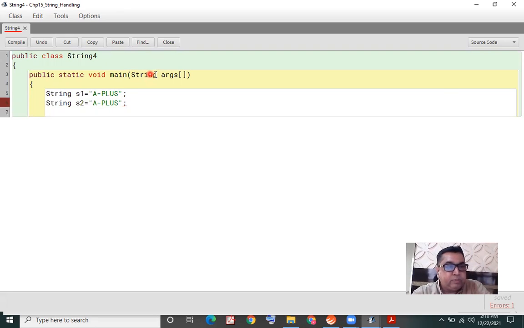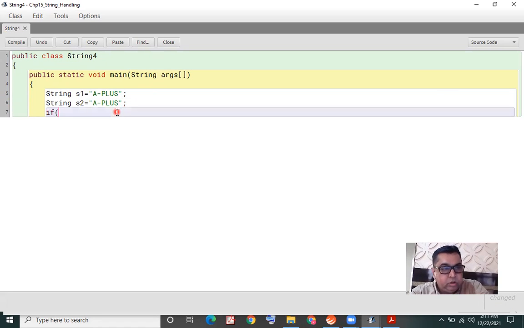Now, what is the need of this method that we are learning? The method name is equals. Okay, now let me tell you, in Java, this would disappoint you. And that's why we need this method. If I write S1 double equal to S2, the double equal to operator, which is actually the operator to compare whether two values are equal or not. This operator would compare whether the value that S1 has and S2 has are equal or not.